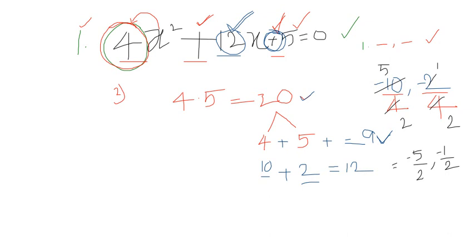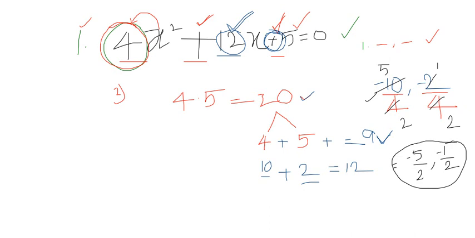If the cancellation is not possible, then leave it. If the cancellation is possible, then you can solve. You have to solve up to that, depending upon your multiple choice. If your multiple choice is minus 5 by 2, then your option should be minus 5 by 2. If it is minus 10 by 4, then you write what they want. Up to that you have to satisfy. You have to fulfill their jobs. Okay, this is question number 1.